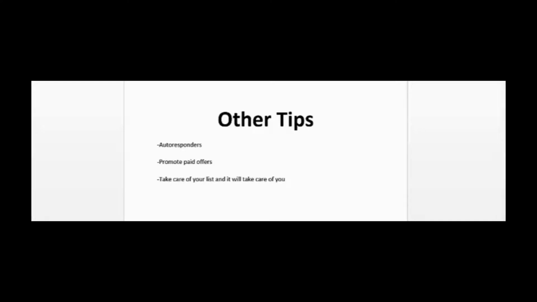Okay, so I just want to share a few other tips in this video. The first one is autoresponders. Okay, I didn't really go into too much detail in the other video where I explained that you can start driving traffic to your blogs, because once people are on your list, you can set up autoresponders through your autoresponder software, and you could send messages saying, hey, check out this article or check out this tip, and drive your subscribers to various articles in your blog. And of course, these articles will have more ads, and the greater the content, the more likely they'll click on the ads on these articles.